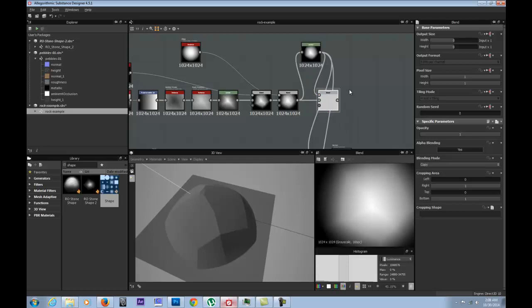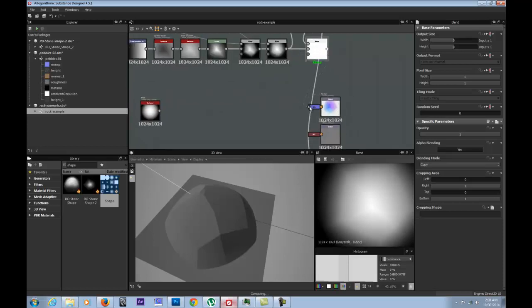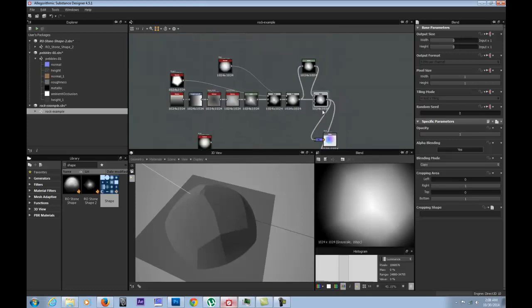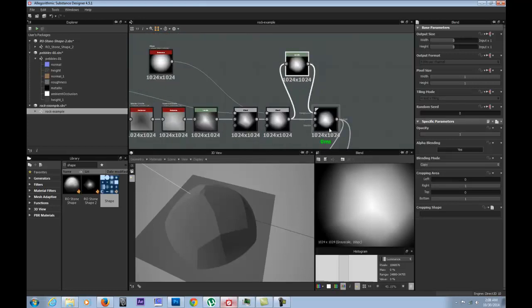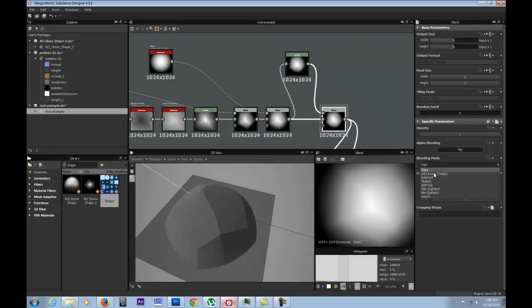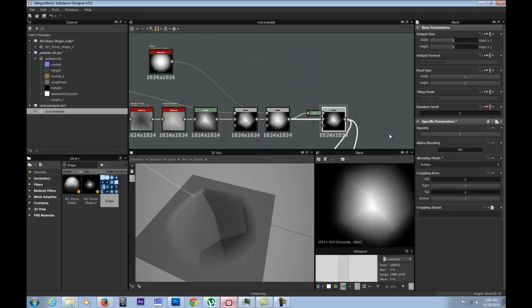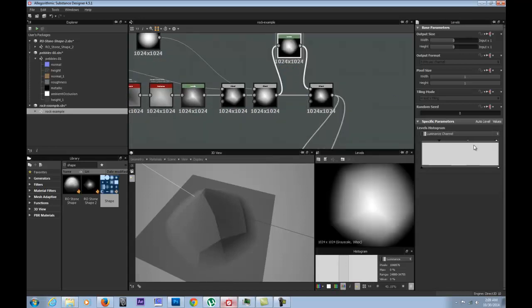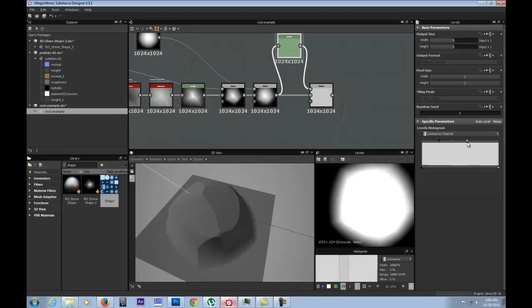And add this level, and then connect this back to the normal and to the height. And this one is going to be set to multiply. Now, the reason I'm doing this is because I want to just clamp the shape down where